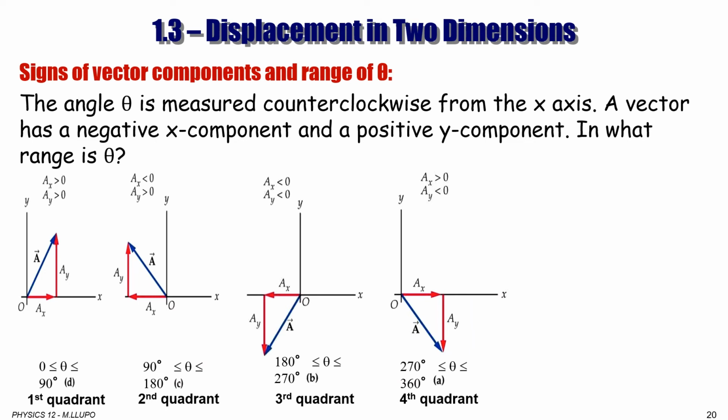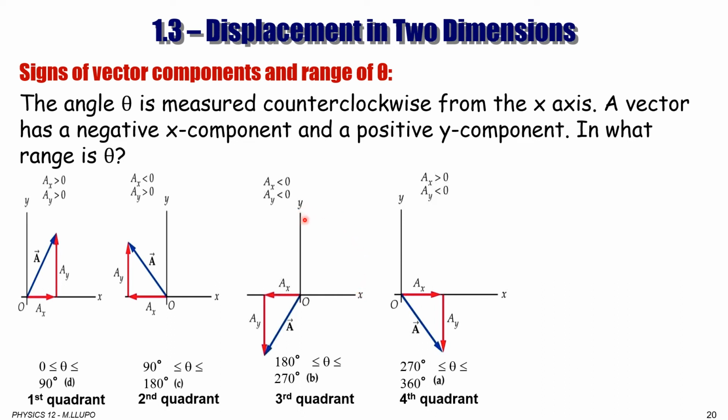In vector quantities, direction is important, and the sign of the vector component is important too. But those depend on where that vector is located in regards to angle theta. So angle theta is measured counterclockwise from the x-axis. So from here at the 0, it's 0 degrees, and it goes to 90 degrees